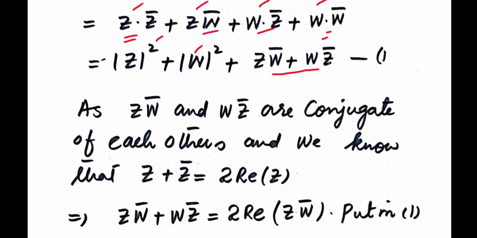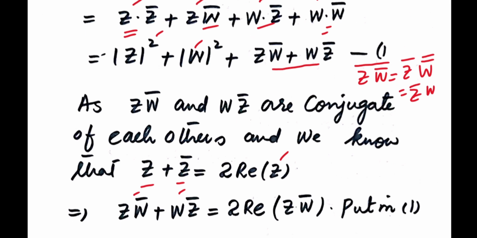If you observe, these two terms are the conjugate of each other. How? As z and w both are complex numbers, if you take the conjugate of this complex number, this is equal to z conjugate into the conjugate of w conjugate. As the double conjugate of w is simply w, this is equal to z conjugate w. So these two terms are the conjugate of each other, and we know there is a property: if we add a complex number with its conjugate, this is always equal to 2 times the real part of z. As these are both complex numbers and also conjugates of each other,